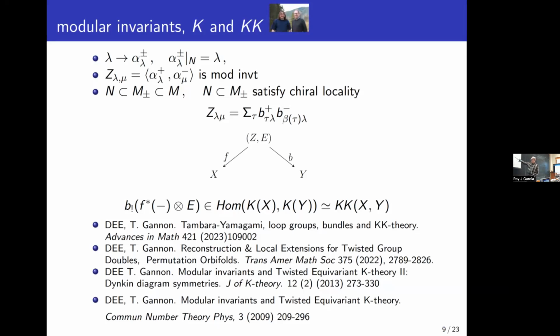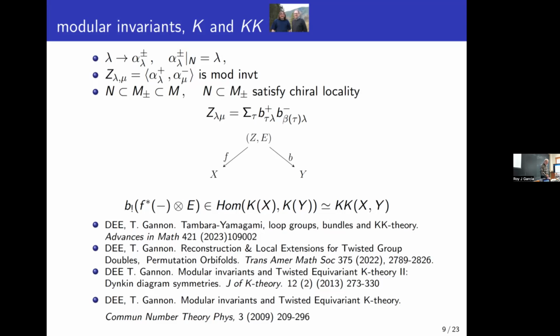And our byproducts, it gave some reconstruction